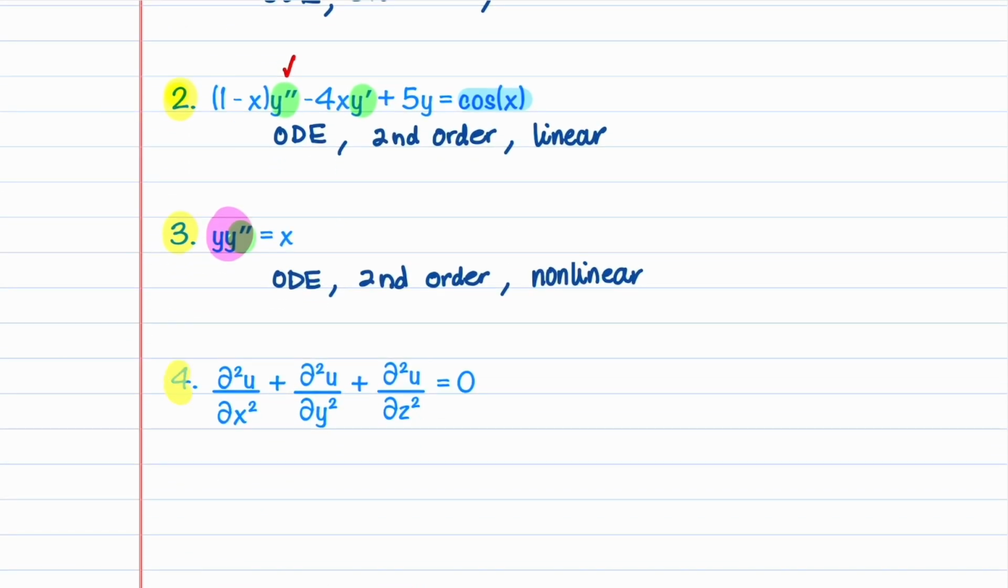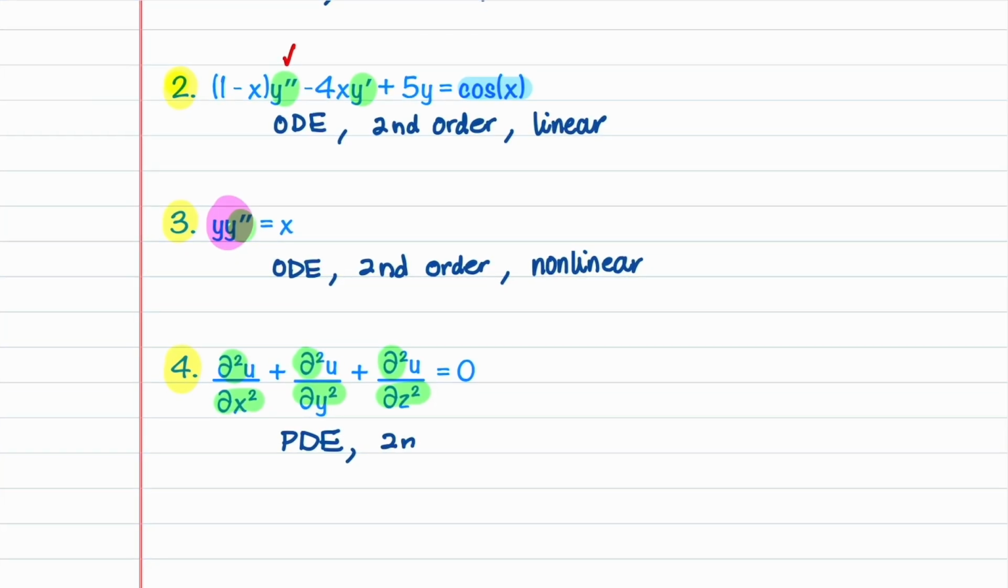Let's now look at our last example. This differential equation has partial derivatives. There are 3 of them. Because of that, we are going to label this as a partial differential equation, which we'll abbreviate as PDE. All the derivatives are second derivatives, so this is a second order differential equation. And then there are no nonlinear terms, so this is a linear